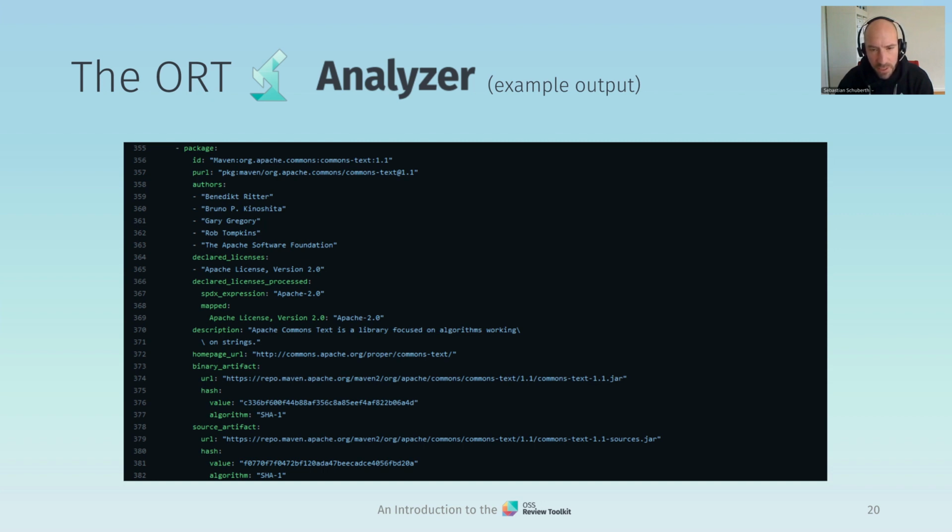The declared license is there in the exact form that the package uses. So in this case, you see the declared license is a free text string that for a human being obviously shows the Apache license, but ORT is able to normalize that to a valid SPDX expression using SPDX IDs. We have the description, homepage URL, and the artifact URLs as well, plus some more metadata that didn't fit the screenshot, like VCS information about a source code repository if present.